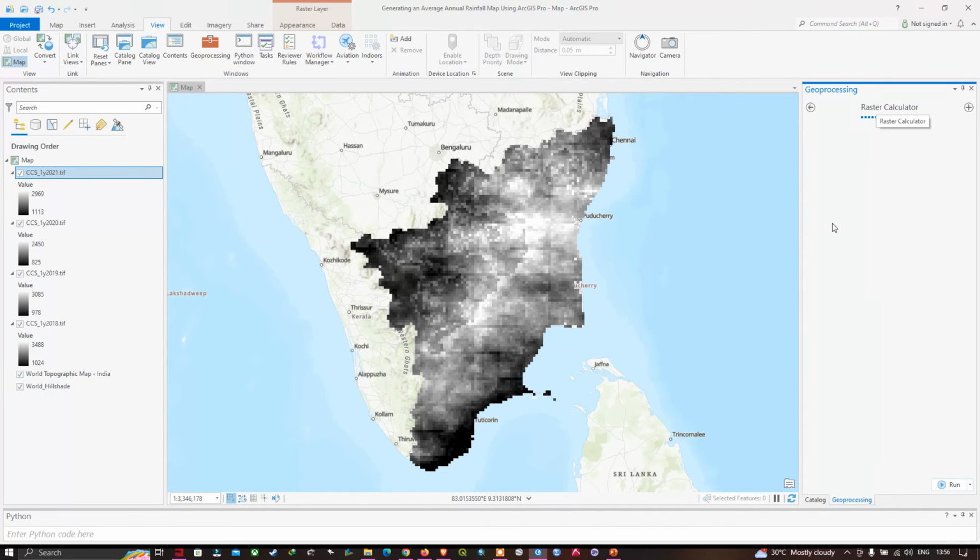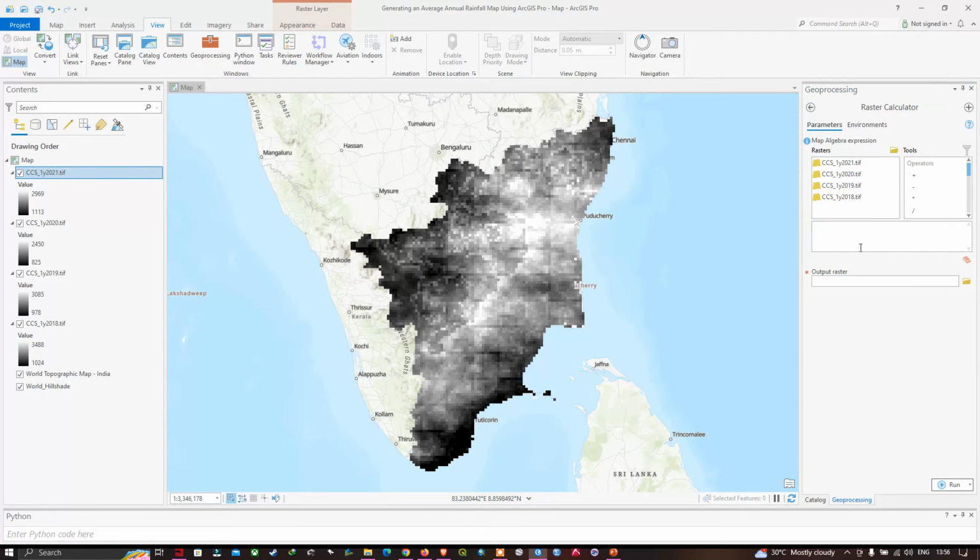And now to calculate our average annual rainfall map for the specific study region Tamil Nadu, we're gonna add all those layers together and divide it by 4. So we are using 2018, 19, 20 and 21. We're gonna add and divide it by 4 to calculate an average annual rainfall. In the rasters you can visualize our rainfall data starting from 18 to 2021. So now we're gonna add a bracket here. Let me add a bracket. Now we're gonna select this first data 2021, and now we're gonna add plus. We're gonna use this plus symbol here,